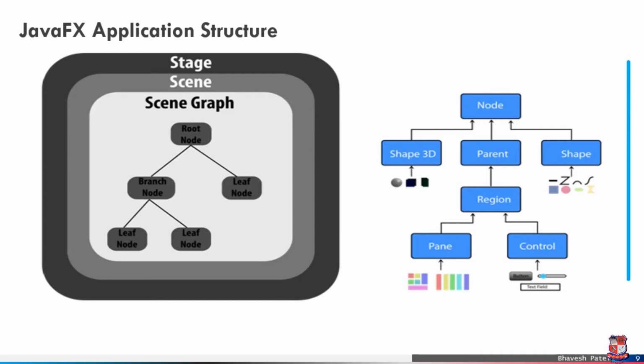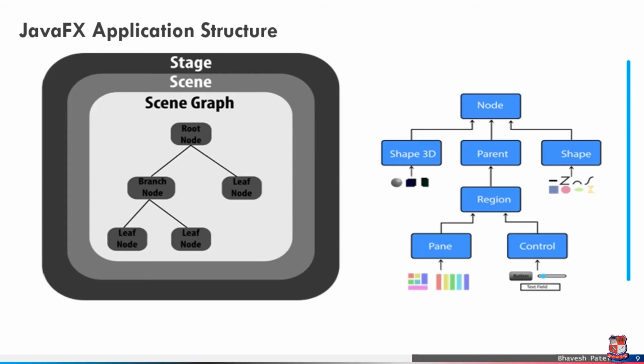Scene graph. The scene graph exists at the lowest level of the hierarchy. It can be seen as a collection of various nodes. A node is the element which is visualized on the stage. It can be any button, text box, layout, image, radio button, checkbox, etc. The nodes are implemented in a tree kind of structure. There is always one root in the scene graph. This will act as the parent node for all the other nodes present in the scene graph. However, this node may be any of the layouts available in the JavaFX system.